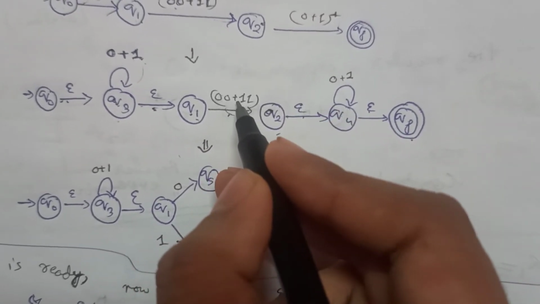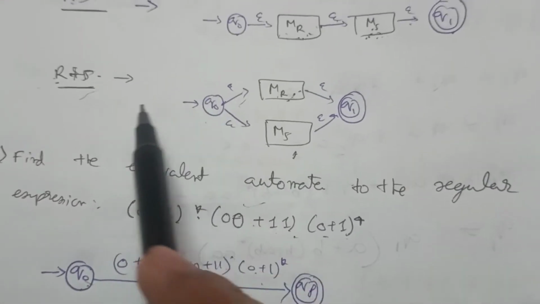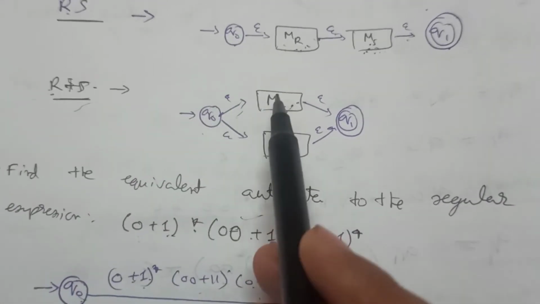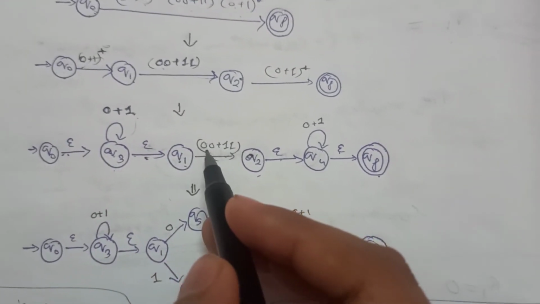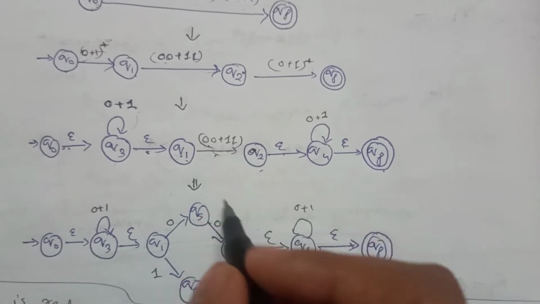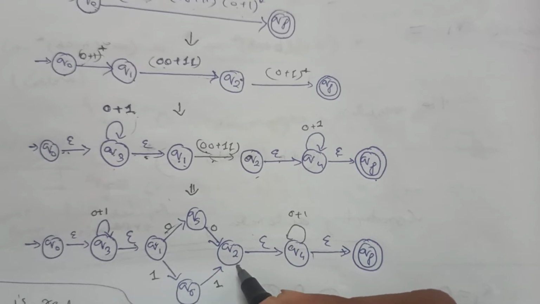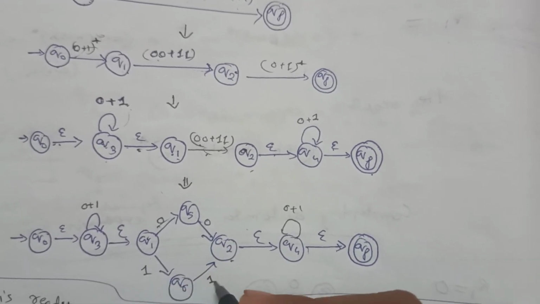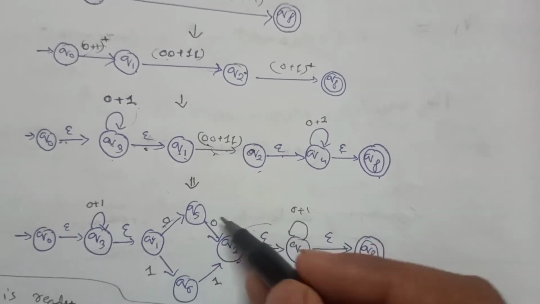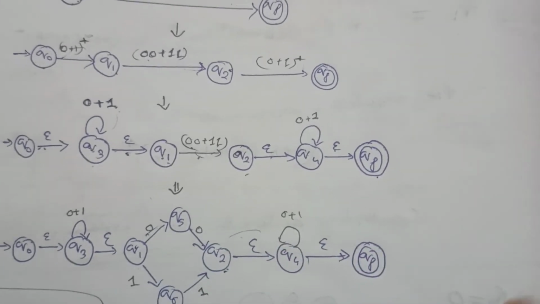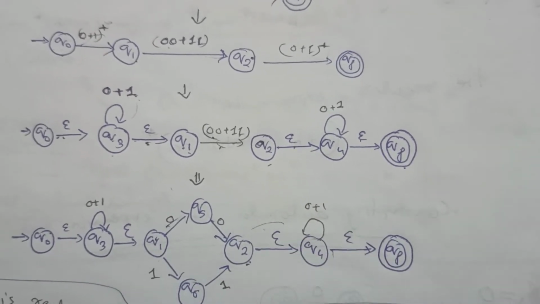So what is here? There is a plus. Okay, so there is an or, and what I have taught you here is that if there is an or, then I just make a branch of both automata. So there will be a branch for 0 0 and a branch for 1 1. So from q1 it receives 0 0 and reaches q2, or it can receive 1 1 and reach q2. Okay, it can go either way. And there are also new states here, and the rest of the automata is similar. So this is the NFA. Okay, so the NFA is formed now.